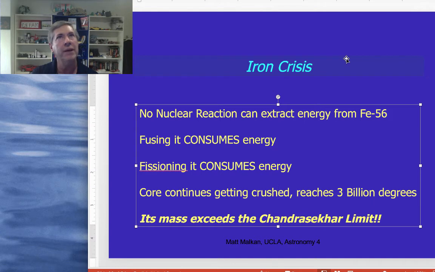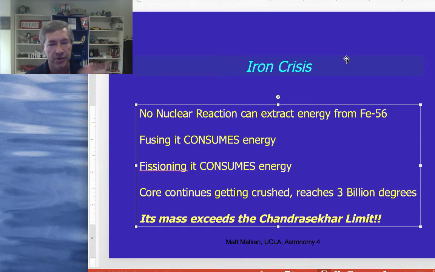I don't know if you're a chemist or whatever, but it's now able to consume energy rather than produce energy. When you cross 3 billion degrees, the iron-56 will rather suddenly start